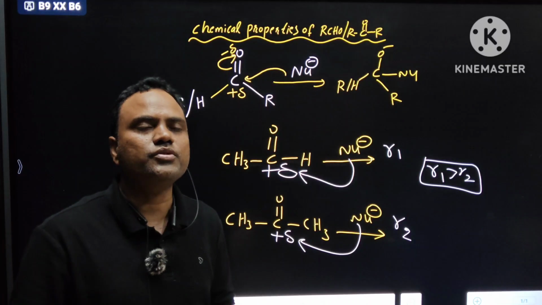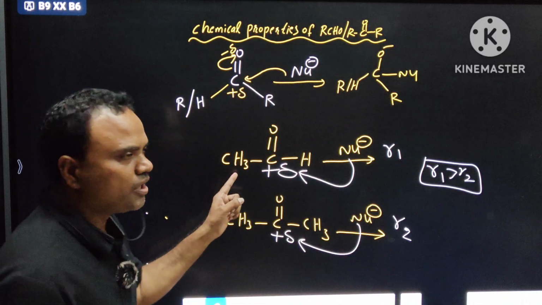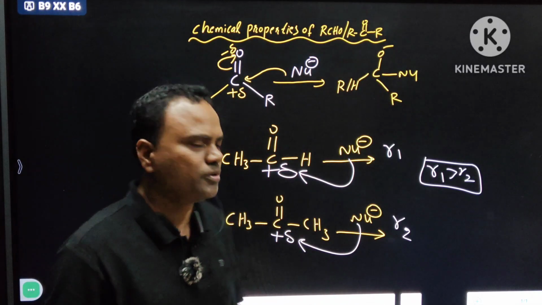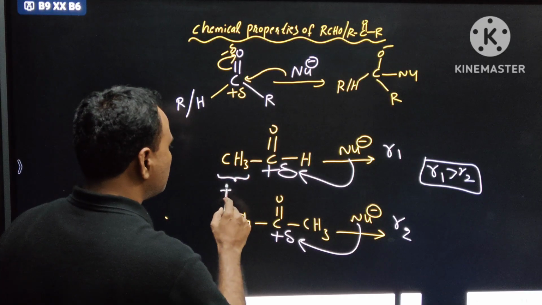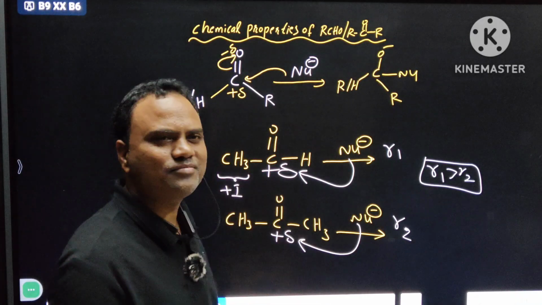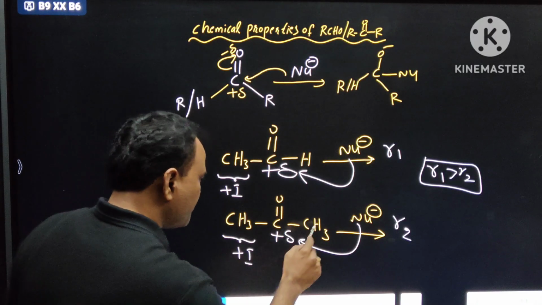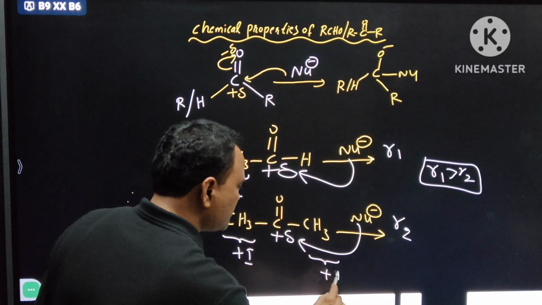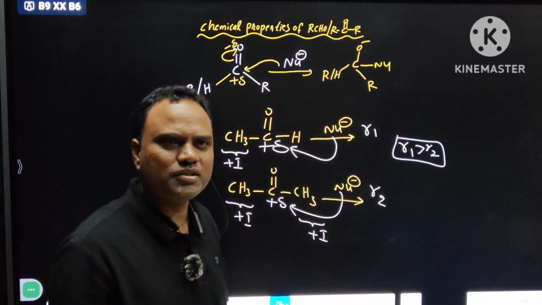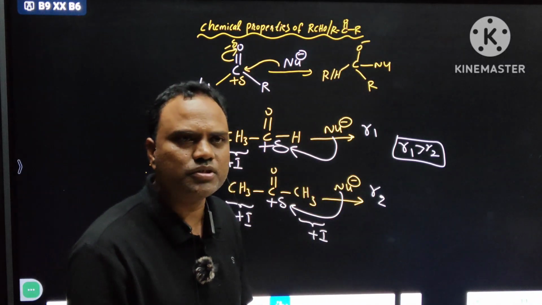See, in this case we use GOC, General Organic Chemistry concept. Clear? You know methyl group. Methyl group is an electron donating group. Methyl group is a plus I group. So I'm writing it as a plus I group. Clear? And you know plus I groups donate electrons. Here also I'm writing plus I. This is one plus I, and here one plus I. Two plus I groups are present here, right? This side one plus I and this side one plus I. Two plus I groups are present,